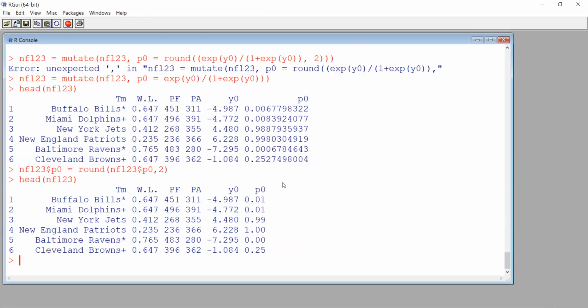So what's the probability the Bills don't make the playoffs? Remember, it doesn't know that this is already set. It's just doing it based on points for and points against. And so it says 1 in 100. They're just too good. Dolphins, too good. They're going to make it. Jets, they're not going to make it. Patriots are not going to make it. Ravens, 0 chance. They're in. Okay? Browns should be in. The Browns did make it, right? Yeah, they did. They lost in the first round. Now that I remember, I think.